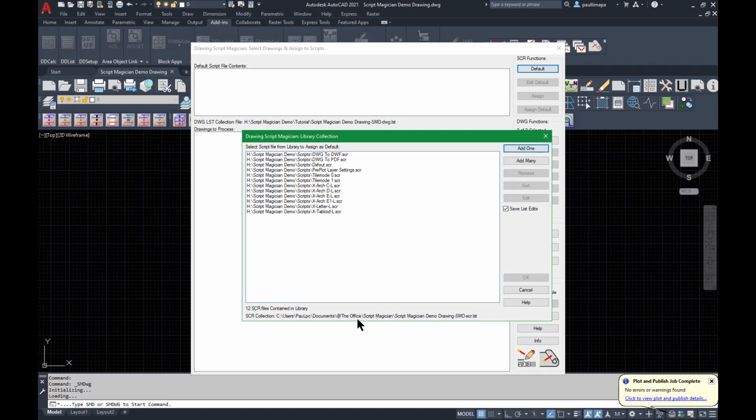in the Office and Script Magician folder, and this LST file again starts off with the Script Magician Demo Drawing file name. This way, whenever you have this drawing file open and you go into this default or assign default window, the library collection will show all the scripts that you added previously for you to select from, as well as you add more. So I'm going to go ahead and use this one called dwg to dwf.scr as the default script